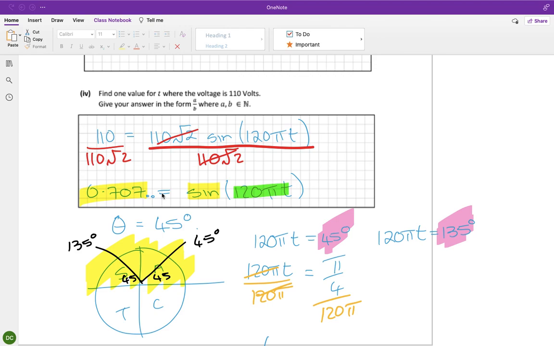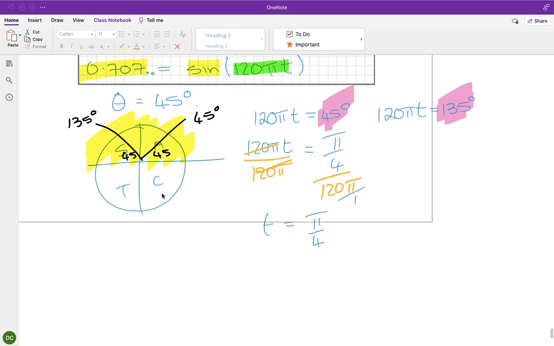So t is, now I'm going to put that over 1 and I'm going to KFC. 1 over 120 pi. So that gives me pi over 480 pi, and then the pi's cancel. So t is 1 over 480. That's one value. If I want to go and do the other one, there's no reason to, but if I want to,